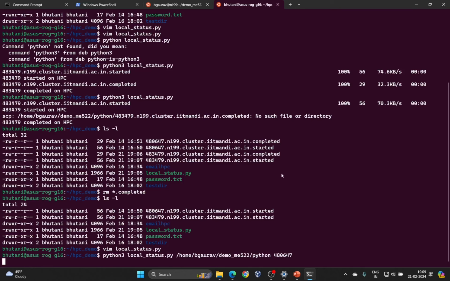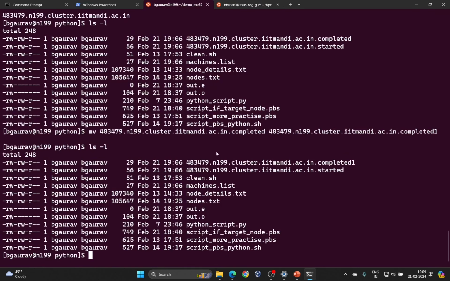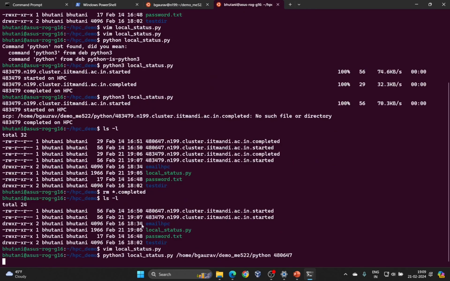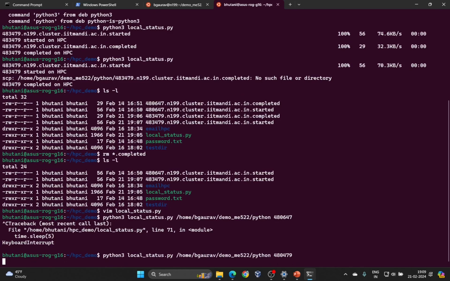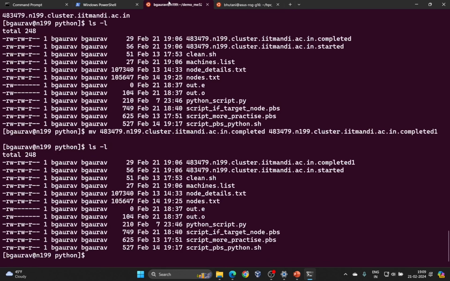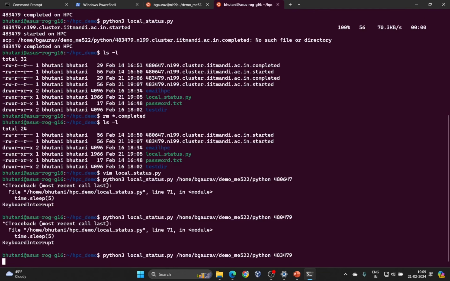Now it's trying to run with this job ID. I think it cannot find that on the cluster, so it's just waiting. 479 exists, and I passed 647. If I pass 479 and press enter, then hopefully it should be able to. Sorry, 483. Okay, so this allows you to write the code so that you don't have to